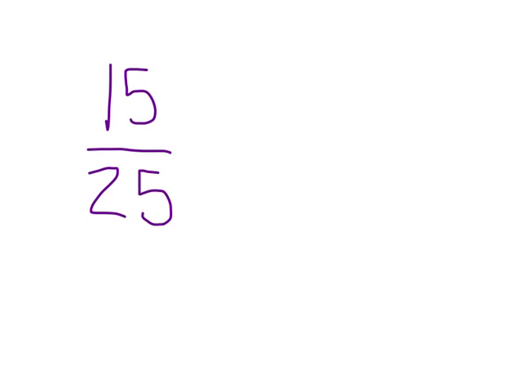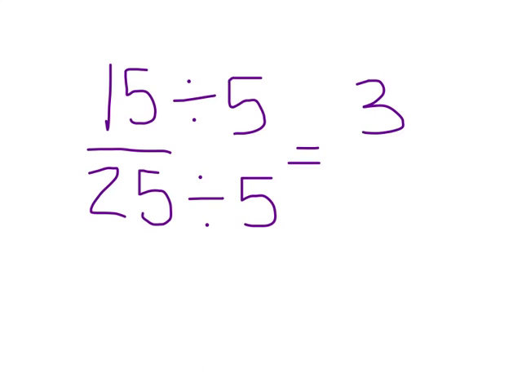Now you try one. What's 15/25 in simplest form? Well, first I would need to know what I divide by. Here, 5 goes into both. 15 divided by 5 is 3. 25 divided by 5 is 5. 3/5 is